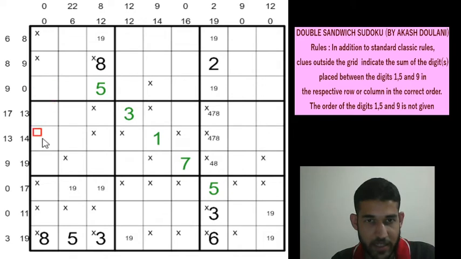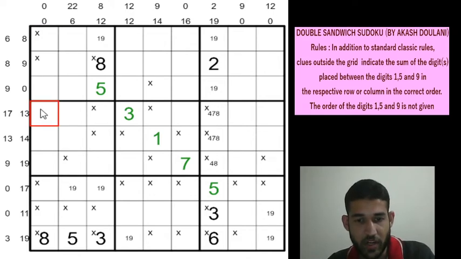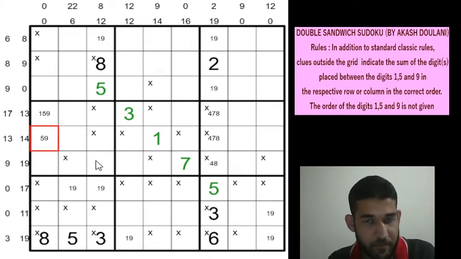And now either these 3 digits or these 3 digits will be 1, 5 and 9. So either way, this is going to be a 1, 5 or a 9, and this is going to be a 1, 5 or 9, but 1 is there, so this will be a 5 or a 9. Clear? I hope it's clear to follow until here. And now these 3 cells add up to 13 clue.